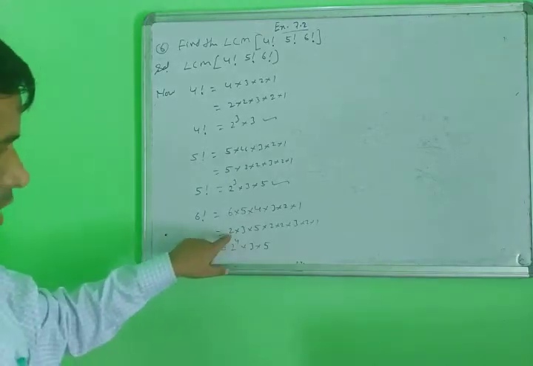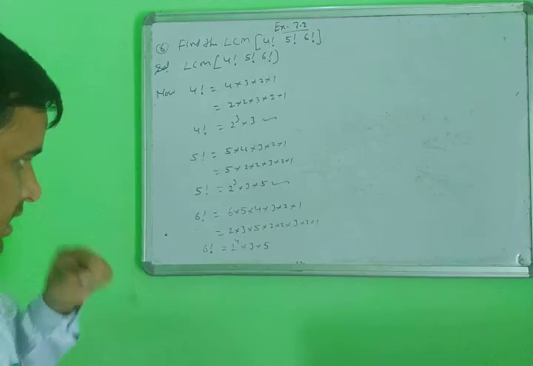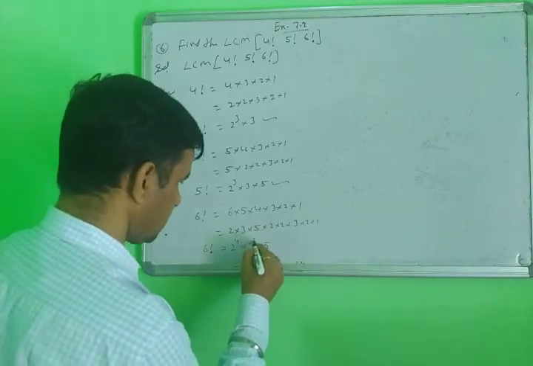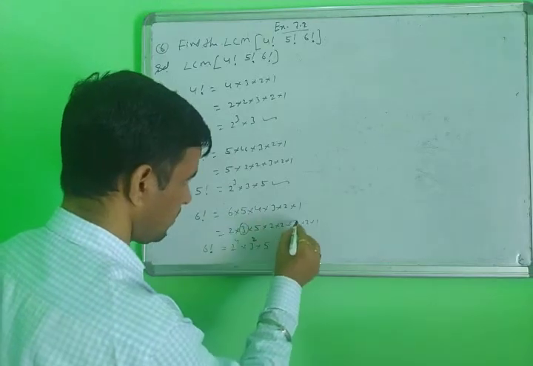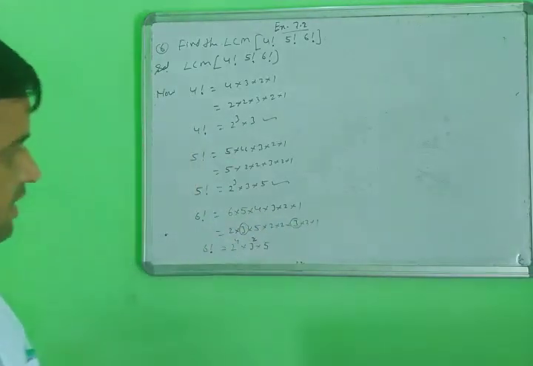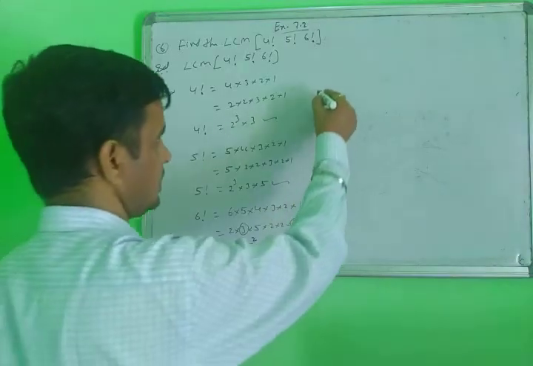How many 2s here? 1, 2, 3, 4, and 3 and 5 are single. The 3 exponent 2 here, 3 exponent also 2, because 3, 1, 3 here, and 1, 3, 2, 3 here. This is the factors of factorial 6. Then you can say here